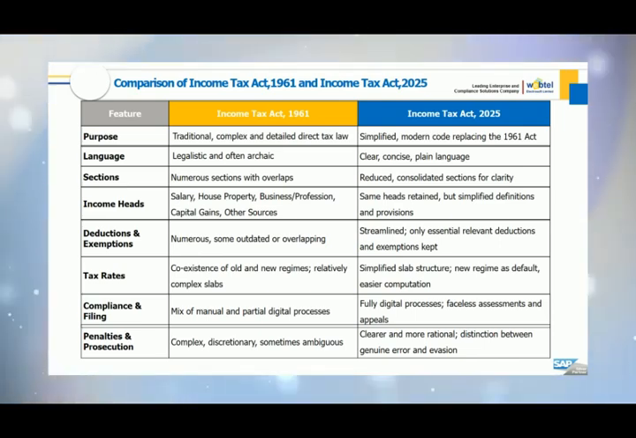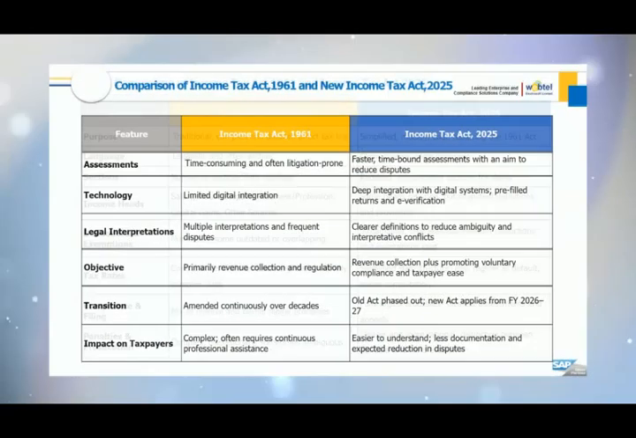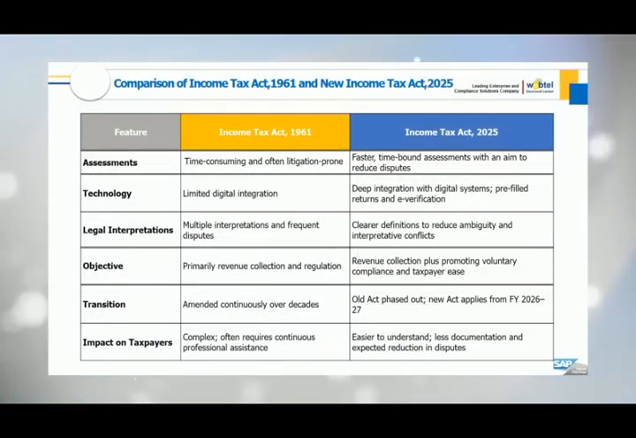While the core heads of income remain the same, definitions and provisions have been streamlined. Deductions and exemptions have been rationalized to retain only essential and relevant benefits. Tax rates have been simplified, with the new tax regime positioned as the default option, making tax computation easier and more transparent. Compliance under the earlier act involved a combination of manual and partial digital processes, often leading to delays